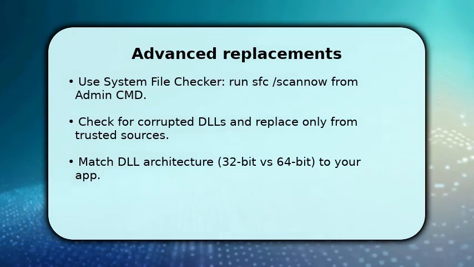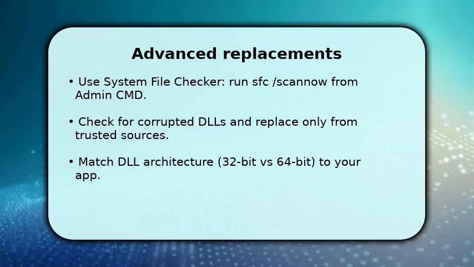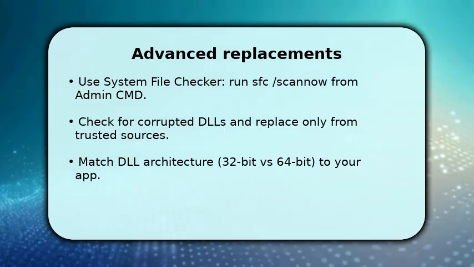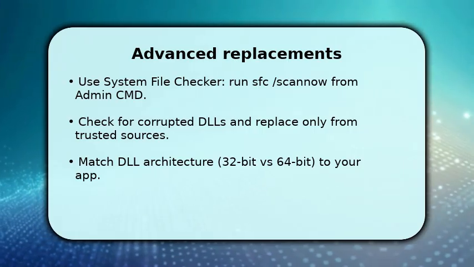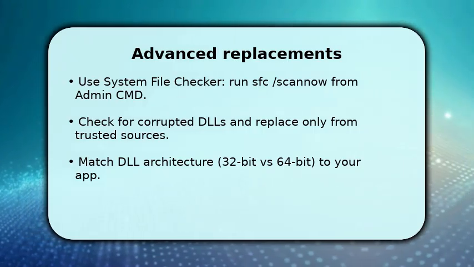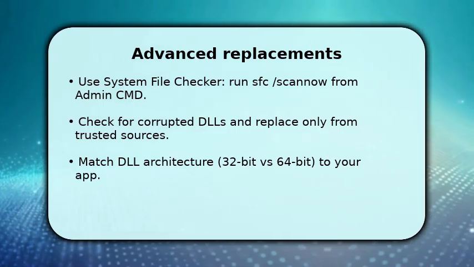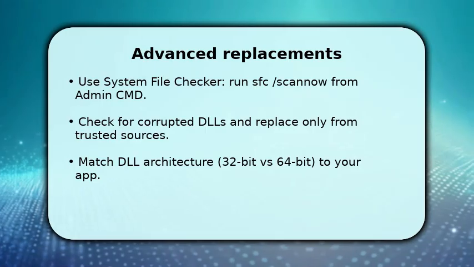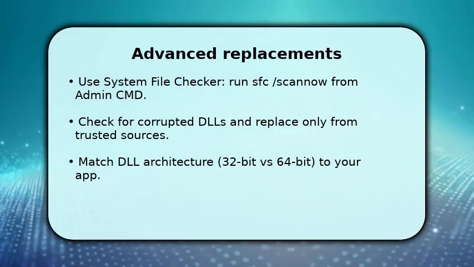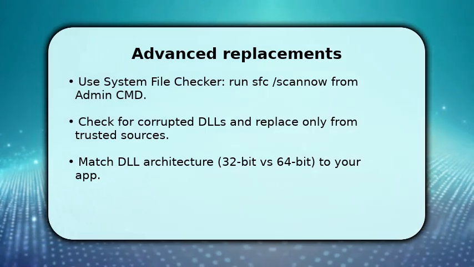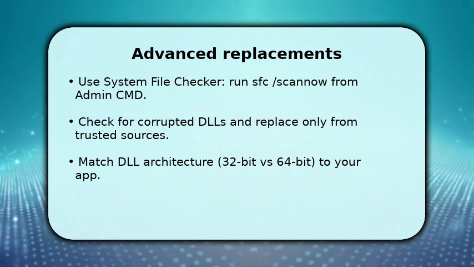This can restore missing api-ms-win-core-synch-l1-2-0.dll. If SFC fails, identify the app architecture and obtain a matching DLL from a trusted machine with the same Windows 7 build. Copy the DLL into C:\Windows\system32 for 64-bit or C: